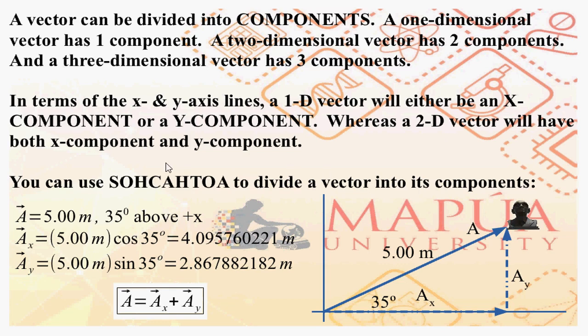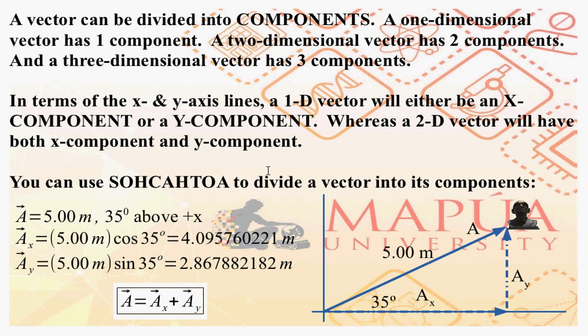SOHCAHTOA: sine is equal to opposite over hypotenuse. Cosine is equal to adjacent over hypotenuse. And tangent is equal to opposite over adjacent. That is to say, with our vector, we will draw a right triangle and then apply SOHCAHTOA to get